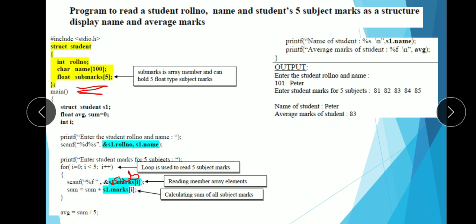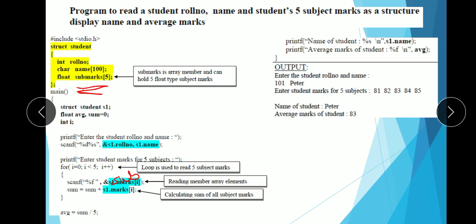So now sum contains first and second subject marks because this is cumulative addition, meaning the previous value is also getting added to the current value. Then in the third iteration, third subject marks will be added. Similarly, at the fifth iteration, fifth subject marks will be added to the sum.